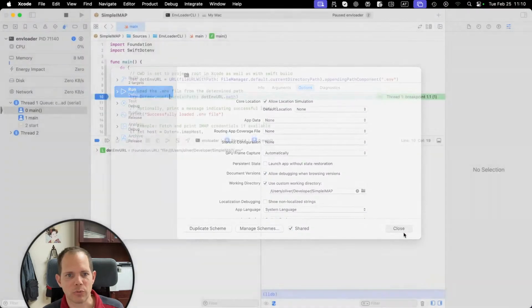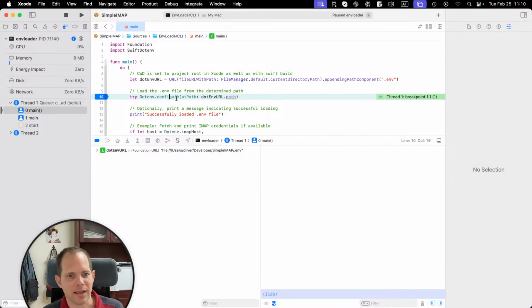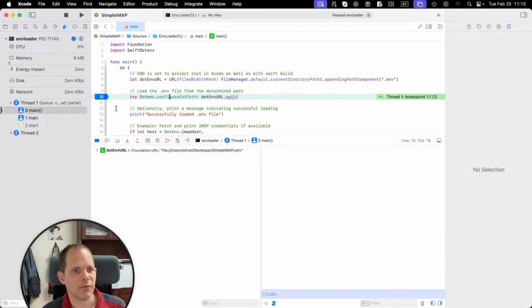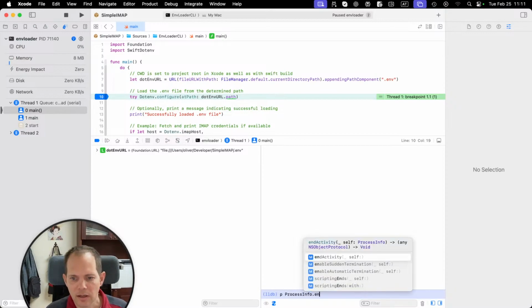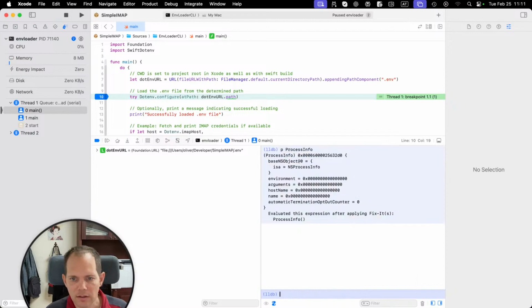Yeah. So what we need to figure out, is there a way to not set this? Because if you have a project and that might be at some other place in somebody's file system, you still want this to work. So I found actually that in the process info environment current,